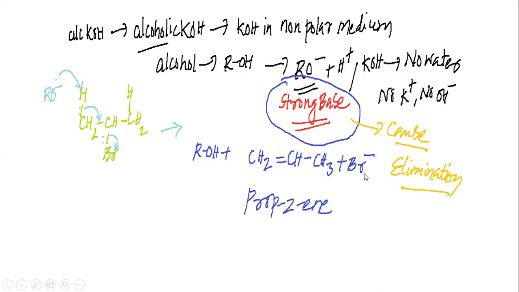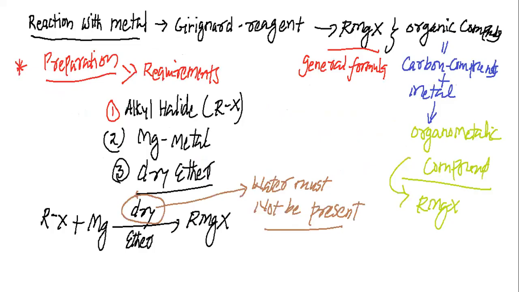and Br-. So my dear students, whenever there is a competition between the elimination and substitution, you can easily understand that the medium plays an important role. If alcoholic KOH is present, elimination reaction takes place and we will get alkene as a product. But if there is aqueous medium, that is polar medium, in which aqueous KOH is present, there will be substitution and we will get alcohol as the product.